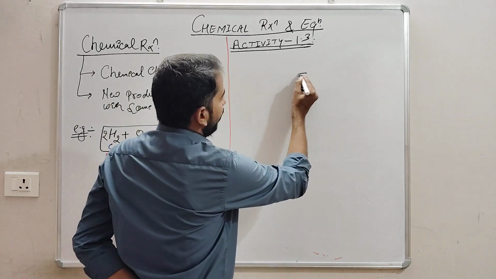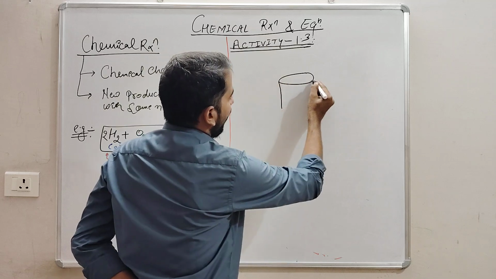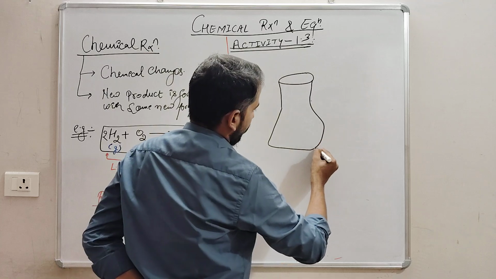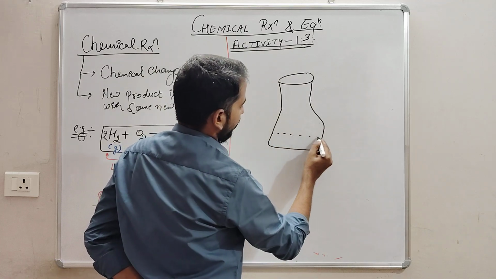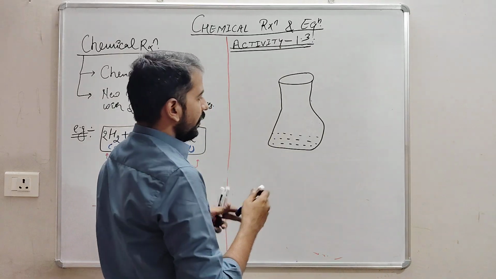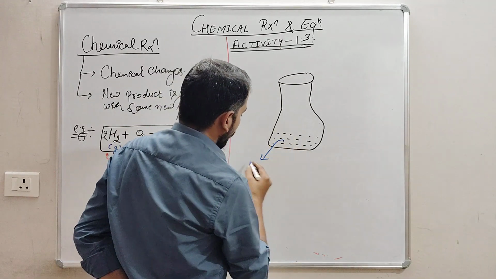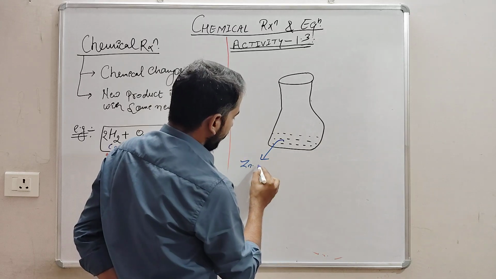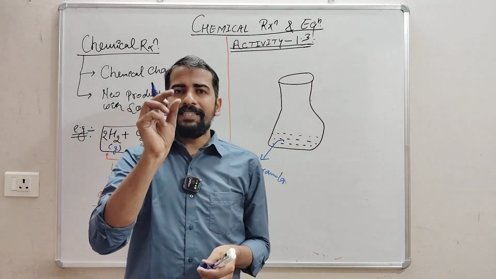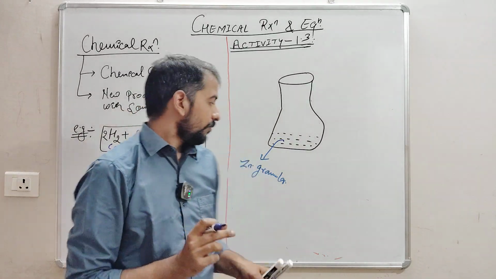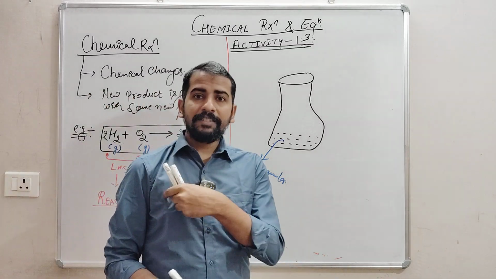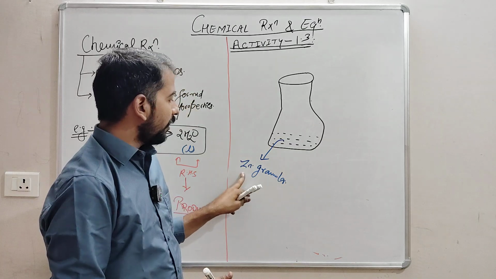So what have they said? They said take one conical flask. Okay, maybe the picture is not that good. Okay, take one conical flask and take zinc granular. They said zinc granular. देखिए ग्रेनुलर मतलब क्या होता है, it is small pieces, small pieces. Okay, and zinc is which color I should say, this color only, whatever shirt I have here, this color only. So this is the color of zinc. Okay,